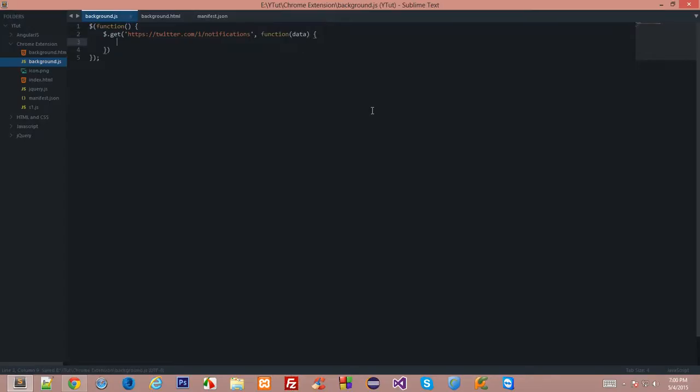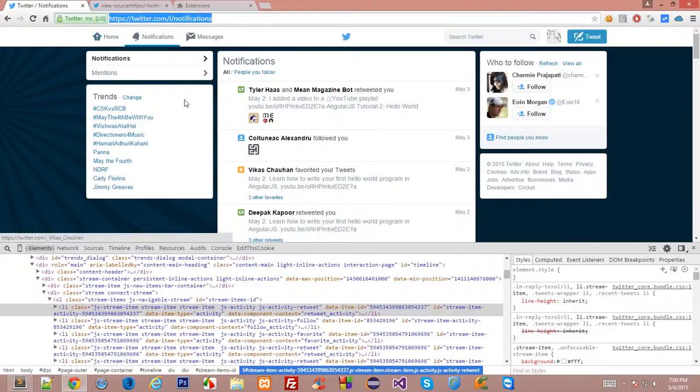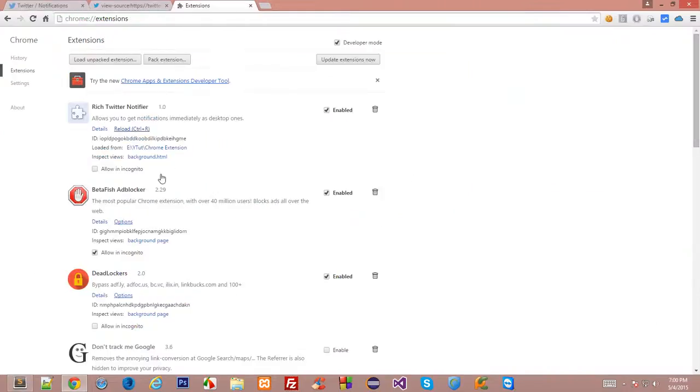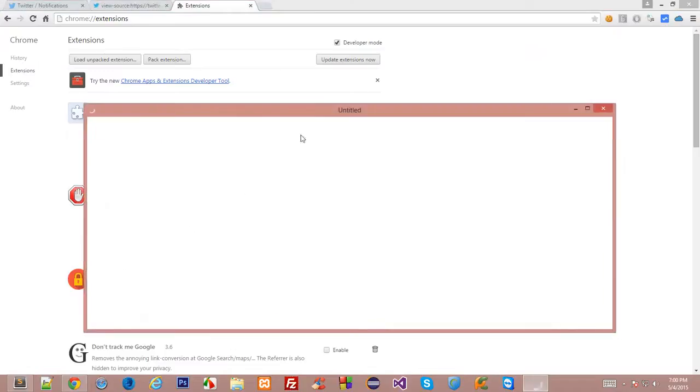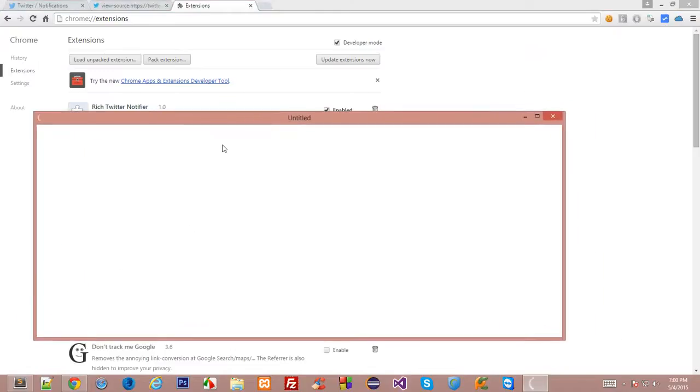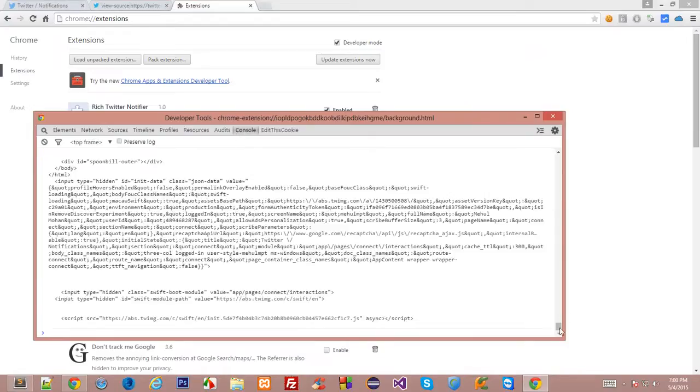So data, and let's just console log this for now, and let's see what happens. Let's reload our extension, check out the background HTML page, the console, and bingo,